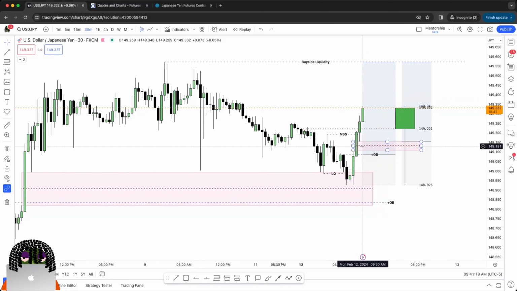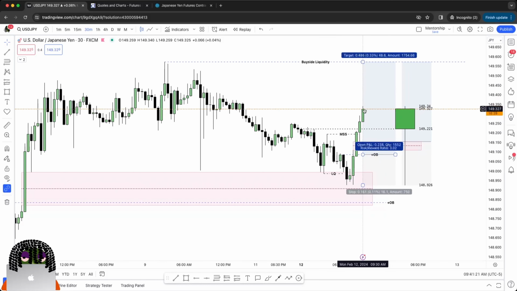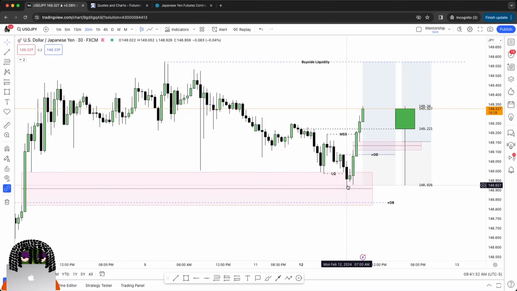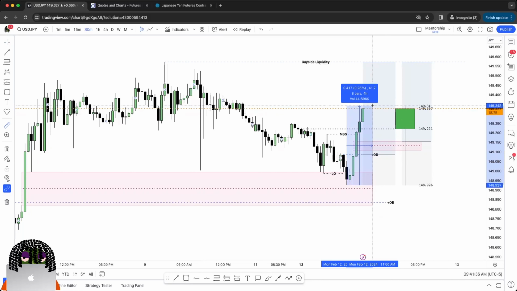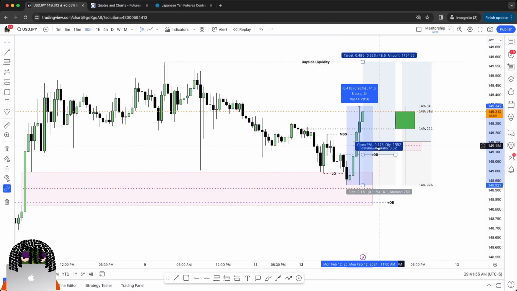Yeah, it's doing exactly what I wanted it to do, expand. The only thing is that it expanded so much, I don't know if it's gonna come back where I need it to come back to. So if we look right here, yeah, discount would be here. This entry is looking really good to me, that this would be discount, and it's below the 50%,